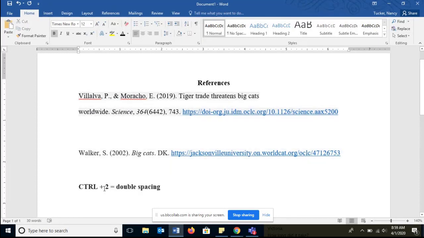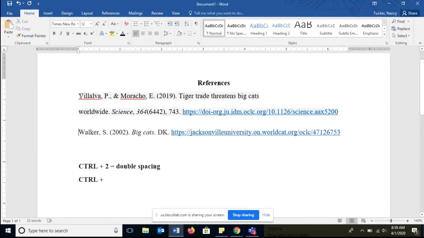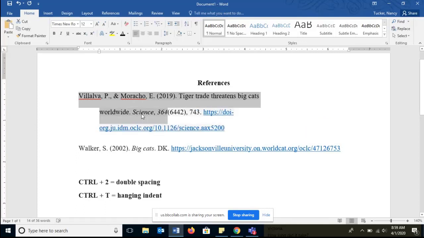There's another trick, because the first source is 2 lines, so we have to do our hanging indent for this source. So what I'm going to do is highlight this one, and on my keyboard hit Control and the letter T, and that's going to do my hanging indent. So let's try it. I'm going to highlight it, hit Control, and then the letter T, and there's our hanging